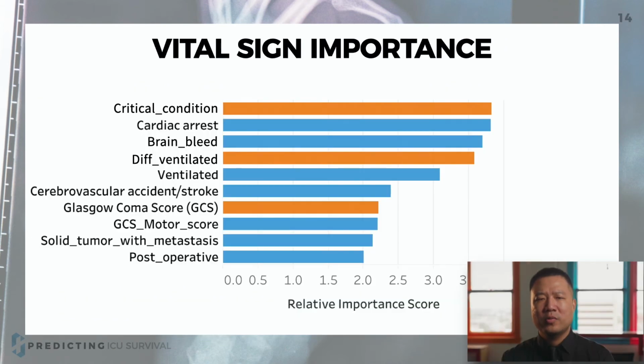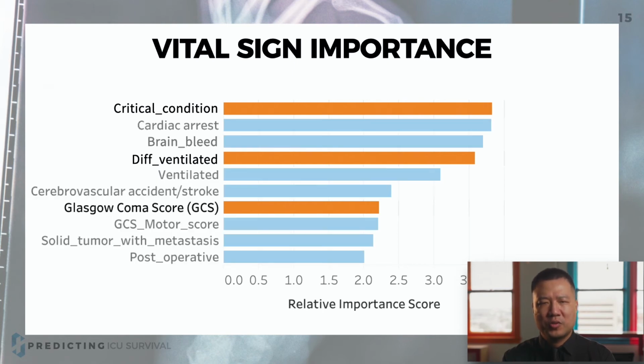Not only do we want to make better predictions, but also we want to know what the key drivers are to make those predictions. We have discovered some of the most important vital signs which in the future doctors could use as a quick tool to screen patients. As you can see, the top 10 vital signs are listed on the graph. The 3 highlighted vital signs are the ones we created.